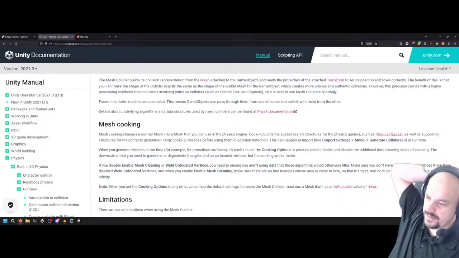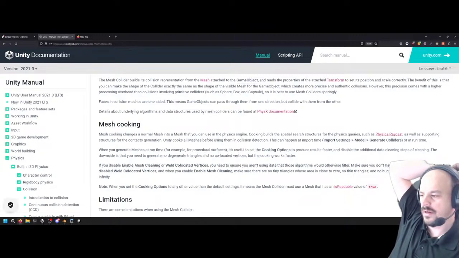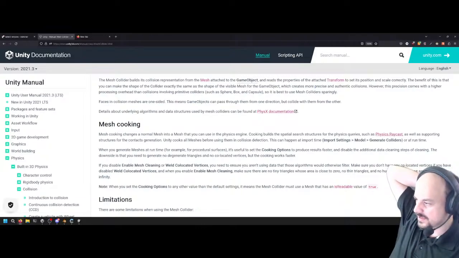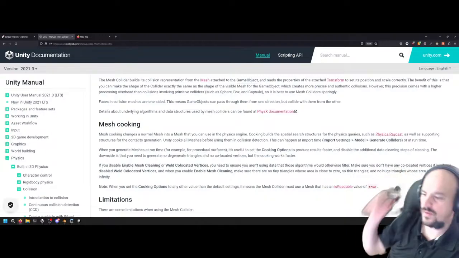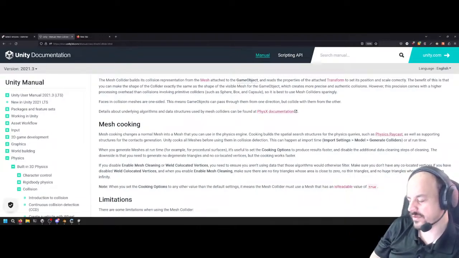Mesh cooking changes a normal mesh into a mesh that you can use for the physics engine. Cooking builds a spatial search structure for physics queries, such as the physics raycast, as well as supporting structure for the contact generation. So no degenerate triangles and no co-located vertices, but the cooking works faster.